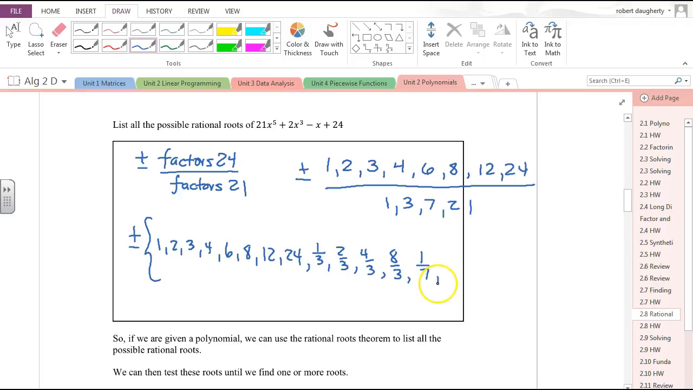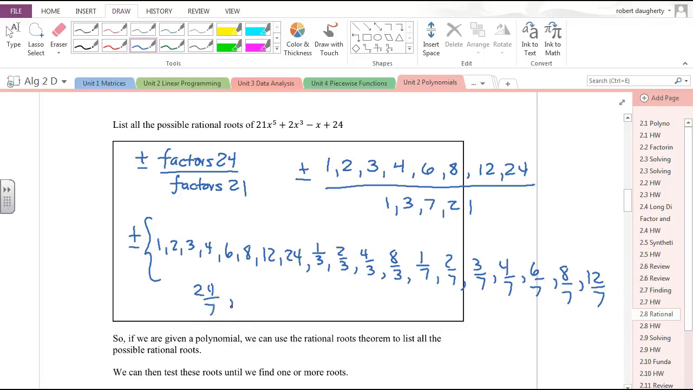I'm going to get 1/7, 3/7, 4/7, 6/7, 8/7, 12/7. Did I skip? Oh yeah, 2/7. I like to write them in order, so let me just back up then. So 1/7, and then we had what? 2/7, 3/7, 4/7, 6/7, 8/7, 12/7,